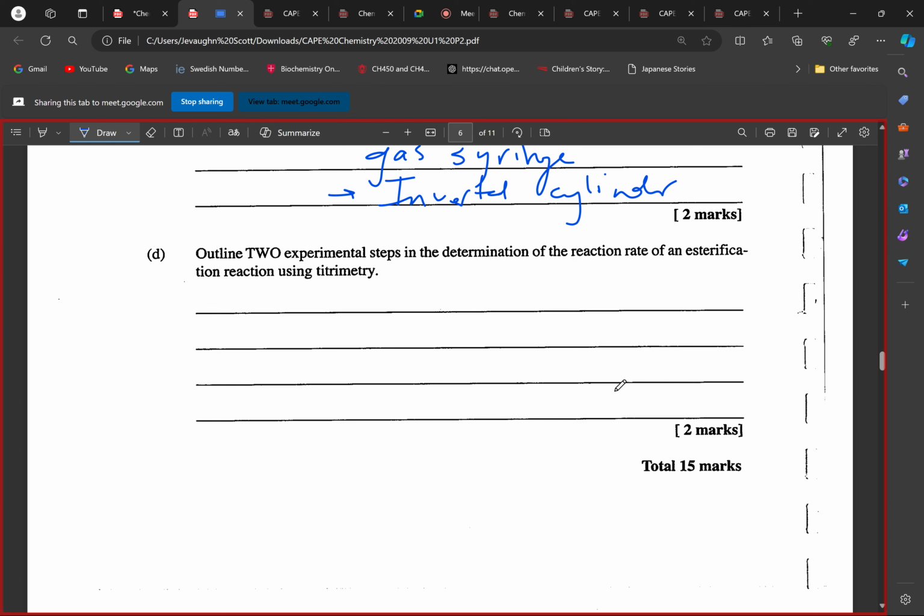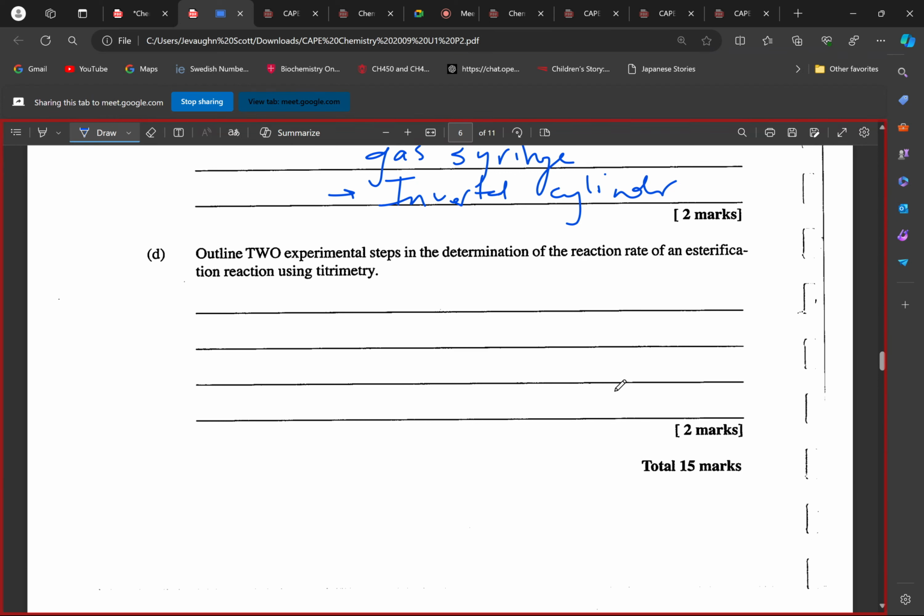Another important experimental step that I would do would be varying the concentrations of my alcohol or my acid, so I can see how the reaction rate changes. That is really just determining the order of reaction, but it can also help in determining our reaction rate. So the first experimental step, we add our indicator to know our endpoint. Our second step could